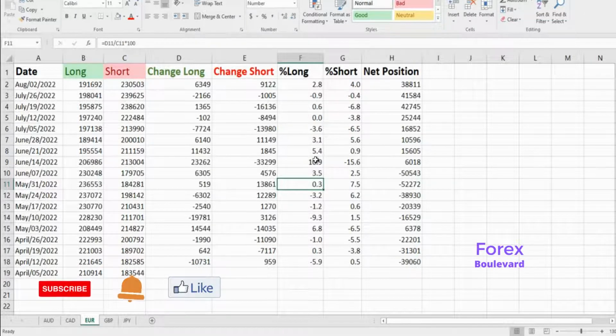Now what I'm going to do is show you how you read these tables and how you apply it to trading. So I want to look at this table critically. Now look at the long. This is for the euro now. Look at the long over time, from the month of April to the recent date, which is